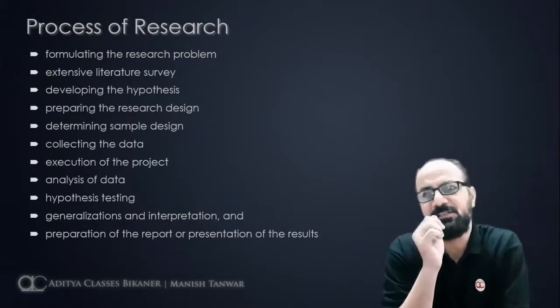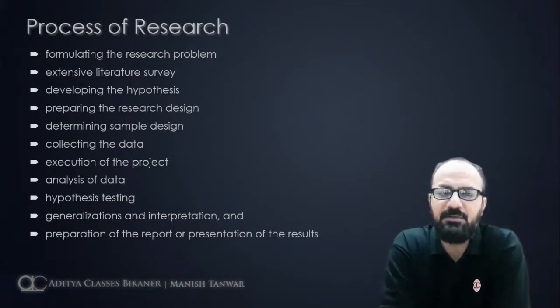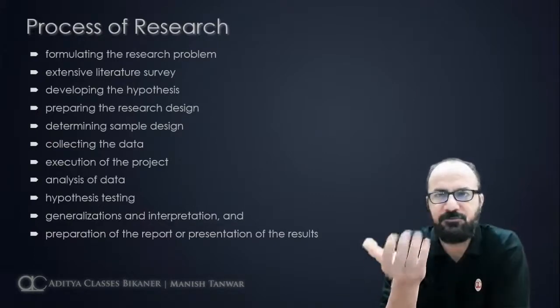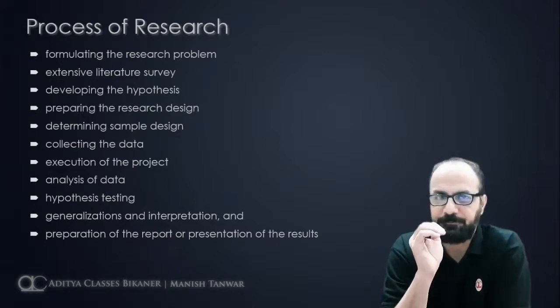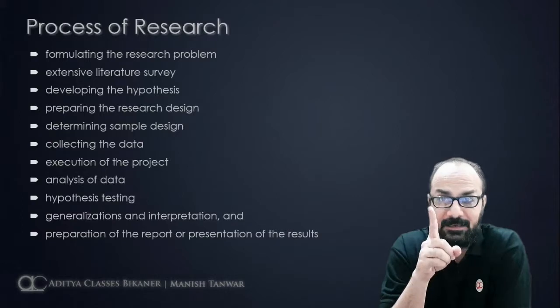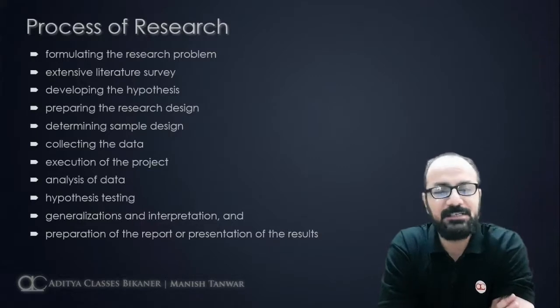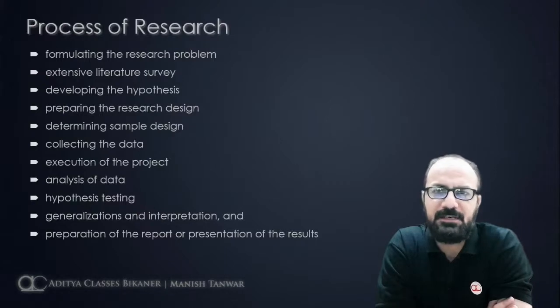This step, extensive literature survey, tells you what research has already been done. When we do that literature survey, we search for all the research that has been done related to our field. Now, yes, of course, this is the second step. It will never be the first step. The first step will be a problem that you have, formulating the research problem. But then refining can come, direction can come as a result of this extensive literature survey. So what is extensive literature survey? You go out, search for journals, publications, newspapers, articles, magazines, everything possible that might contain some information related to the problem that you are facing.